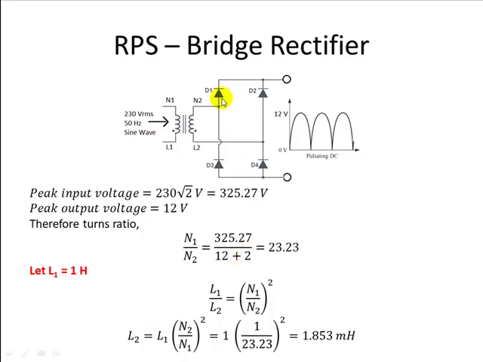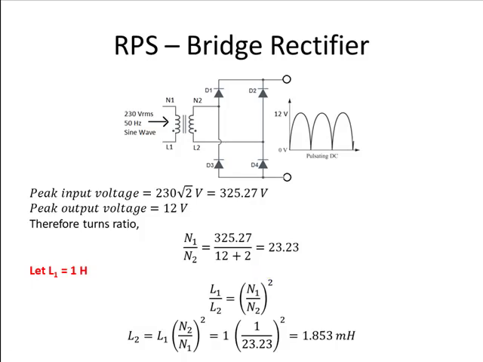It is because of the diode forward drops, which is somewhere around 0.9 volt for the diodes I am going to choose. In a bridge rectifier, 2 diodes come in series always in each of the half cycles. So each diode will have around 0.9 to 1 volt of forward drop. So 2 diodes, it is around 2 volts. So 2 volt is lost across the diodes. To compensate that, I have added plus 2 towards the secondary side. Ideally it should have been 12. So turns ratio is 23.23 by 1. So this much information is required for us to design the regulated power supply.